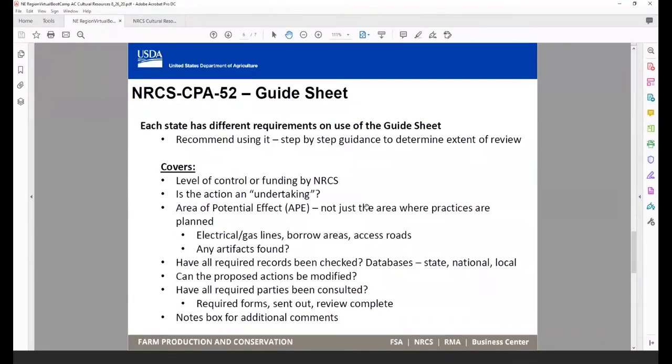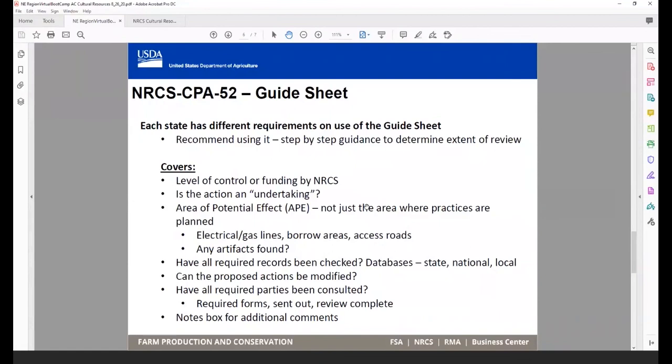So is the action an undertaking? Are we funding practices that are ground disturbing or not ground disturbing? And then also you have to consider the area of potential effect. So it's not just where we're planning the practices, but if there's any electrical or gas lines that are going to the practices that we're planning, or if there's borrow areas